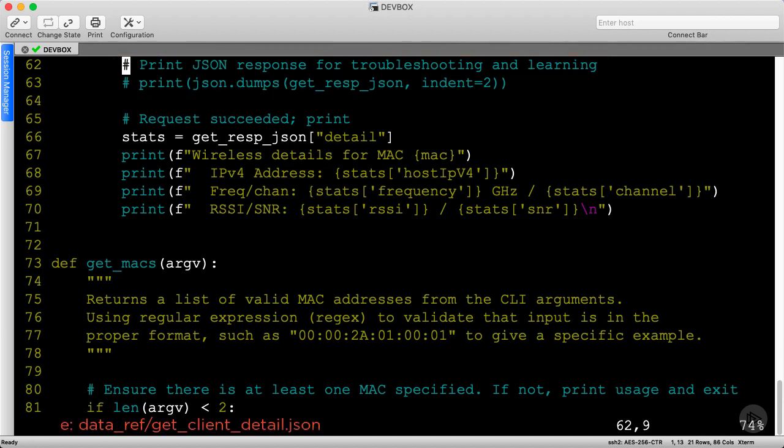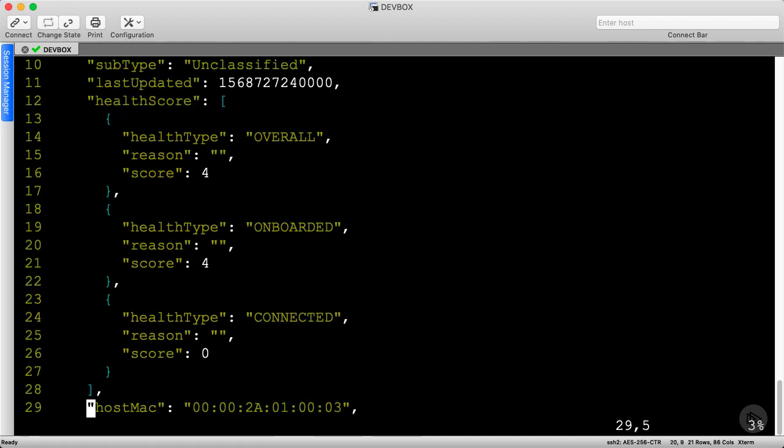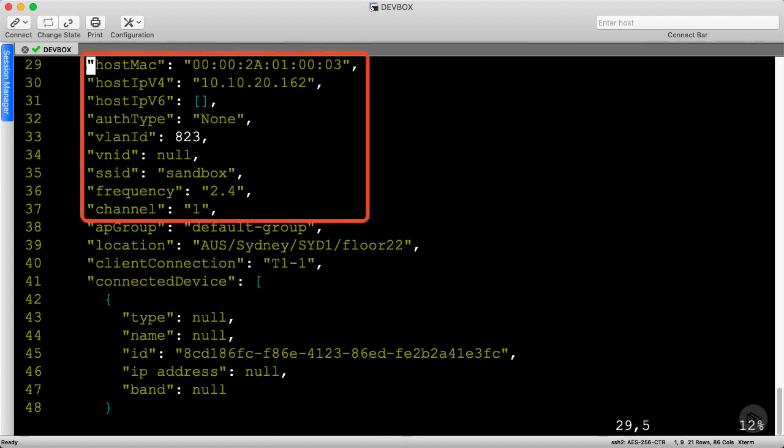Let's have a look at an example of the data structure using the getClientDetail.json file in the data ref directory. This is another huge file that we won't scrub, but I'll jump down to some basic data that we can easily access. Here, we can see the IPv4 address, wireless frequency band, wireless channel, and some other client details. Feel free to explore this output more after the clip.